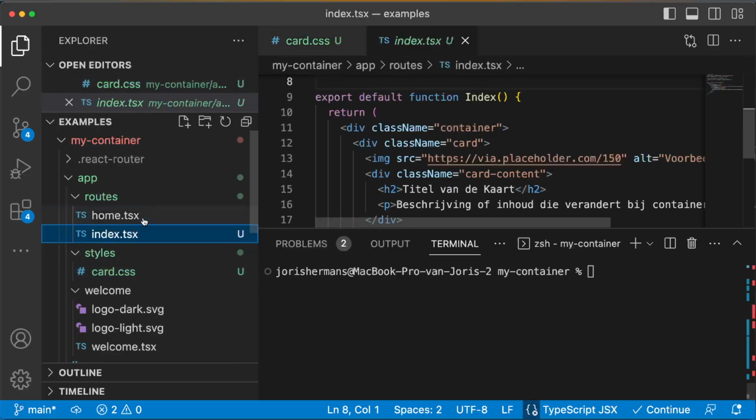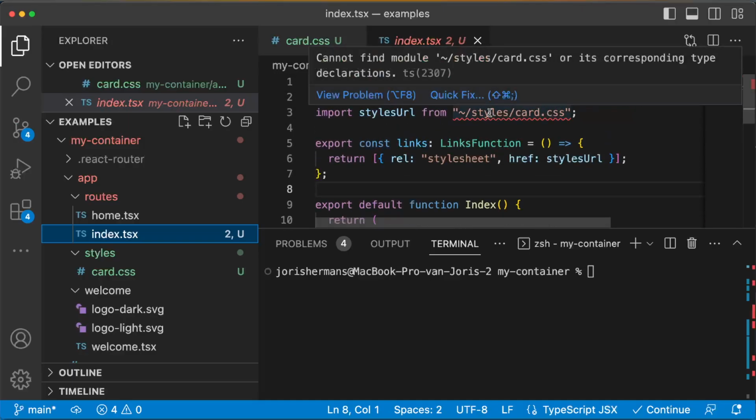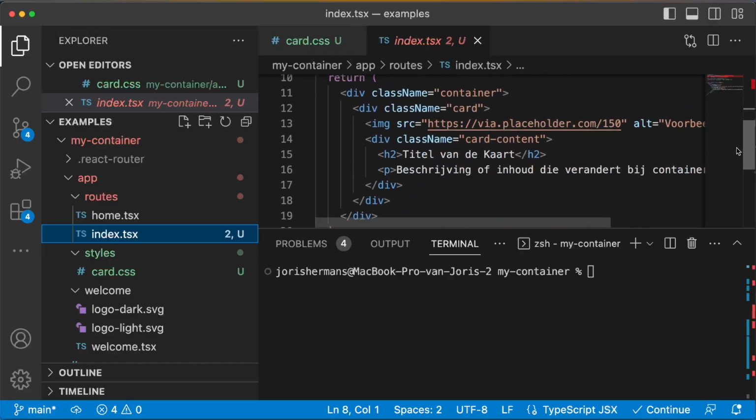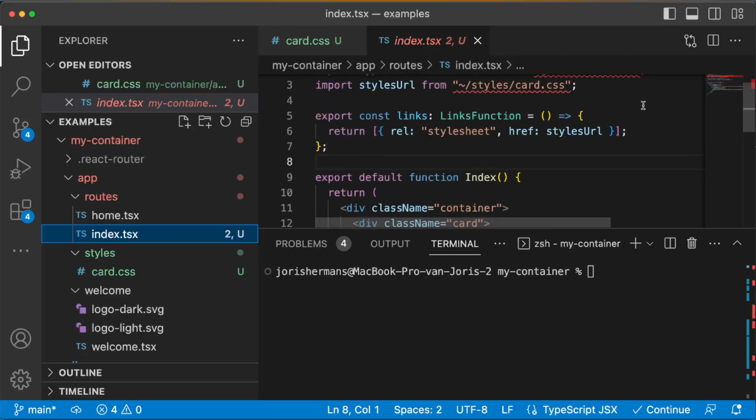But then I created this one, and the index.tsx, where we have actually reference towards styles slash cart.css, where we can do something like this with a links function, where we have our style sheet and our style sheet URL, and we can then just export it so that